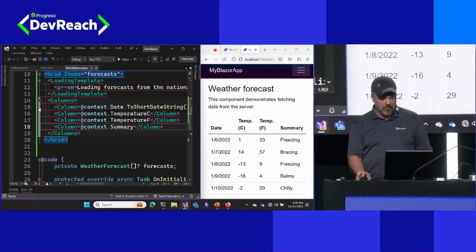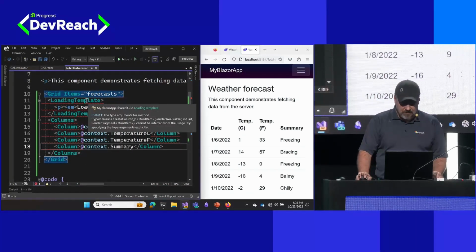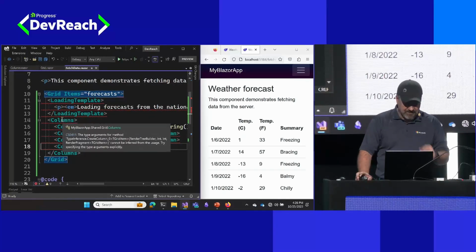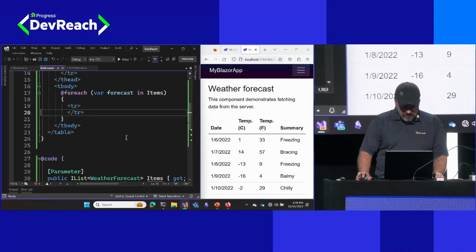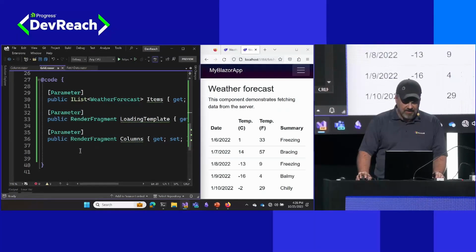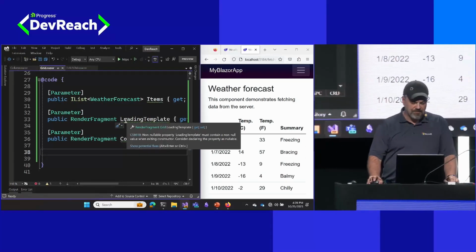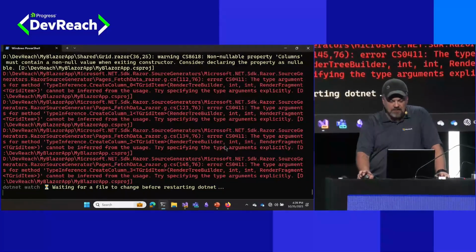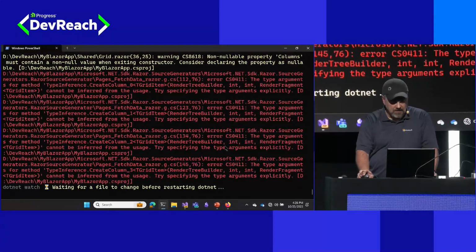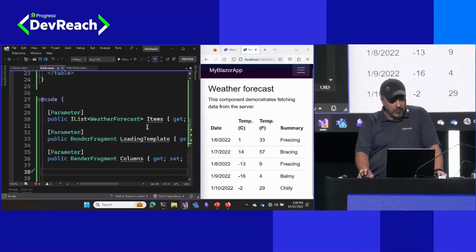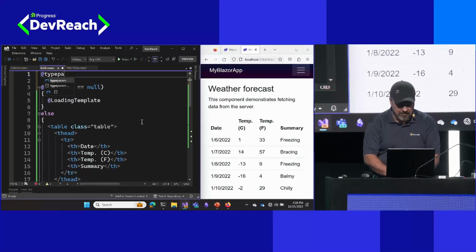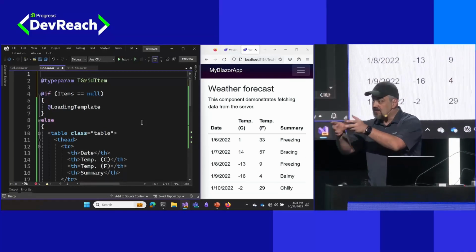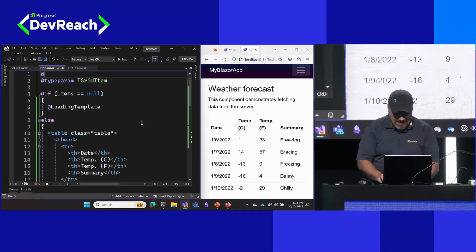All right, we've got more to work with and fix here. It doesn't know what some of these things are. It knows what Columns is, but it still doesn't quite know what to do with that. So down here, there's my Columns. It's a RenderFragment, but we need to figure out and do something with this. And if I go back over here, look at all these errors. So our grid needs to have a type as well to pass along, doesn't it? So let's add that type parameter up here, and I will call it TGridItem. And I want to pass that same type into my columns. So I need to have that attribute,